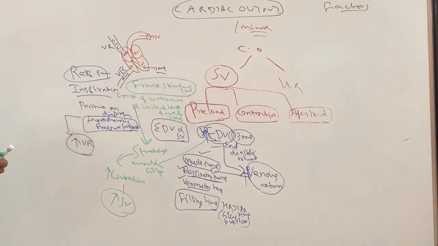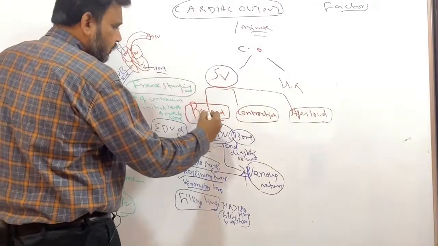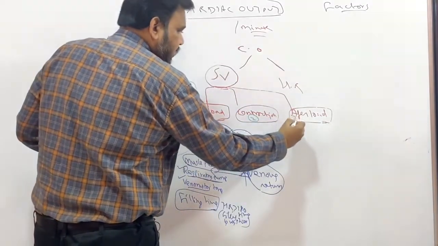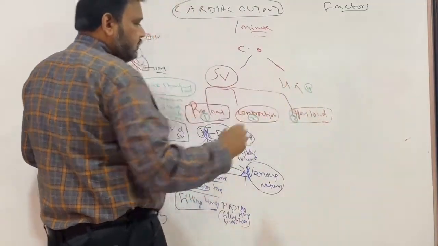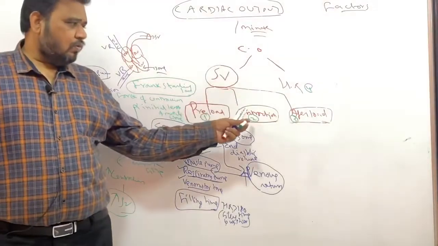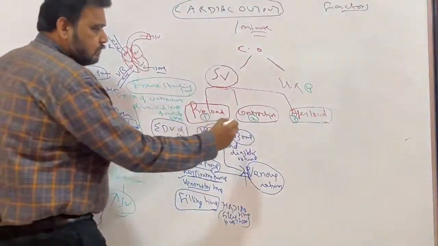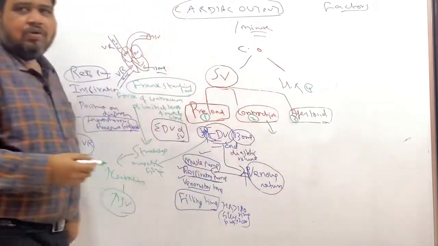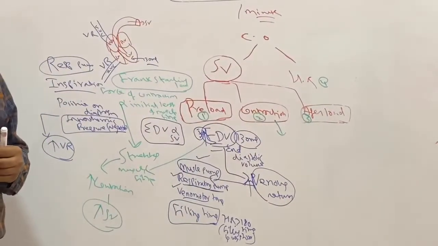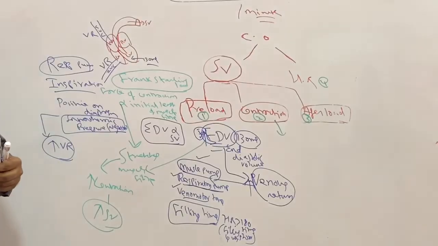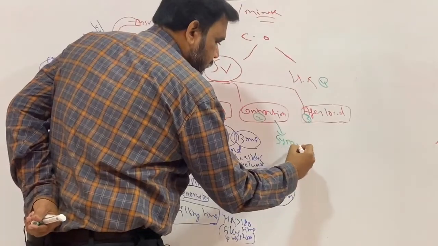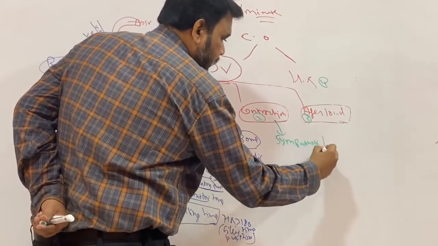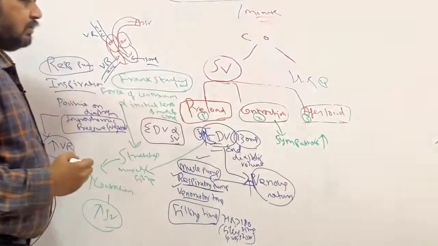Now I will be telling about contraction, which is another factor. So I will keep this as factor 1, factor 2, factor 3. All these are determining stroke volume, and factor 4, which is heart rate. Now I will be explaining about factor 2, contraction. So you all know, when the ventricles contract, the stroke volume is going to be more. So what are the things that cause contraction? Very, very important, sympathetic. So sympathetic increases contraction,